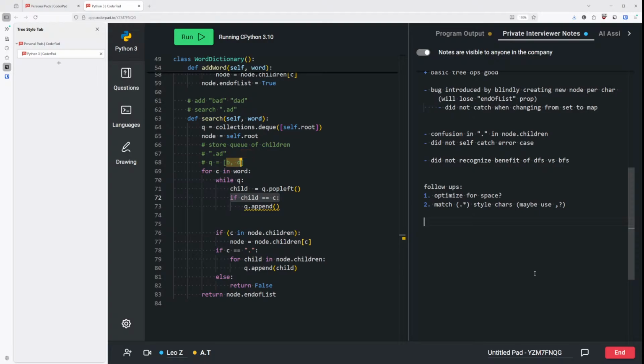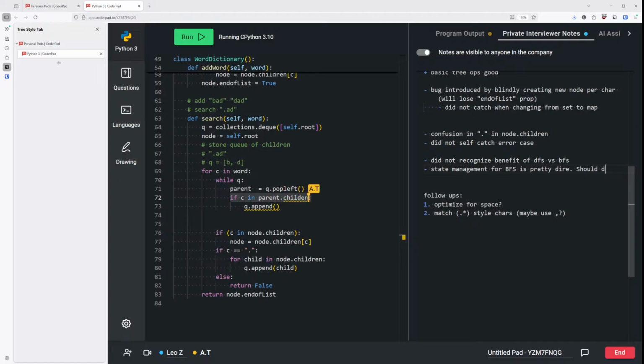We're supposed to be comparing their children. So this is going to be parent, right? And then we're going to say if C in node or parent dot children,